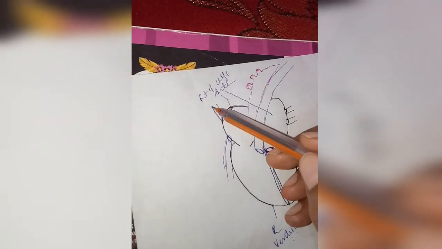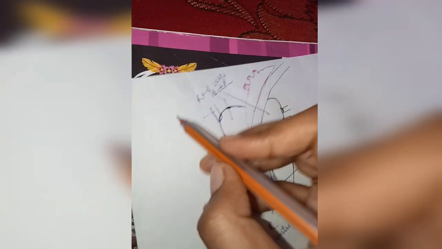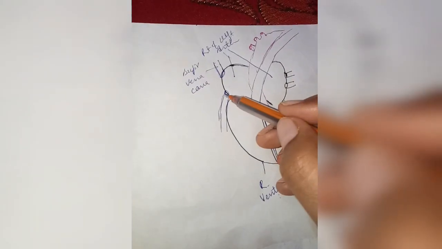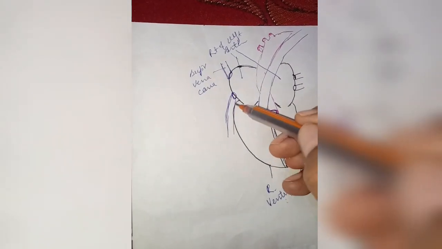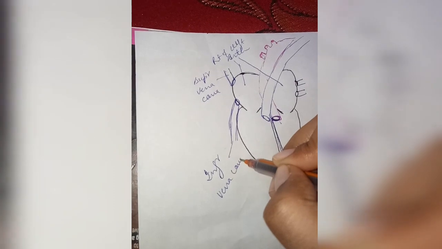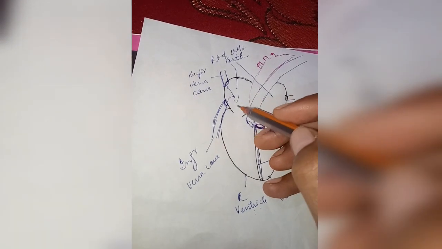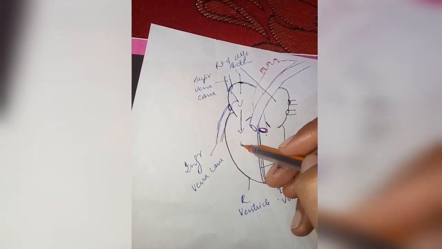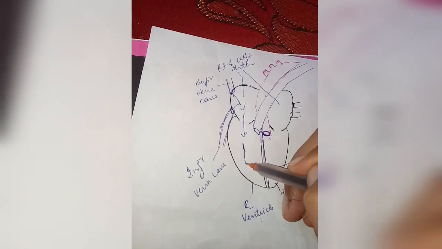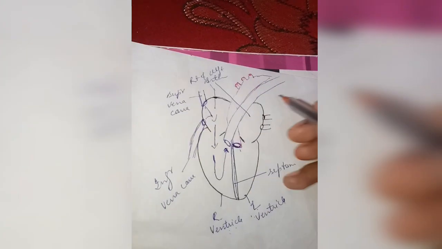Okay, so the blood which comes from above the neck comes through the superior vena cava, and the blood from below the neck comes through the inferior vena cava. From here the blood is collected into the right atria, and then it goes into the right ventricle, and when pressure is exerted in the right ventricle, the blood flows into the left pulmonary artery.